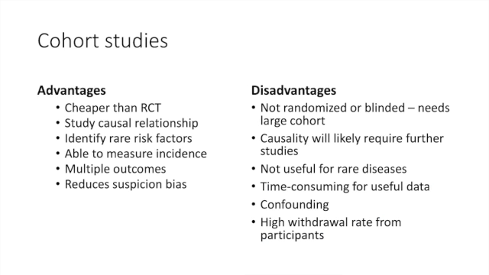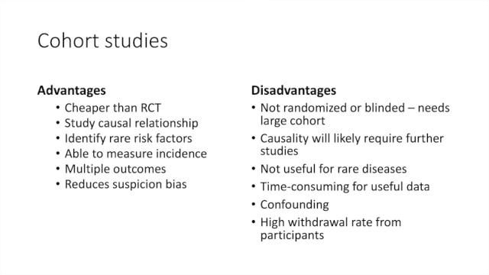Advantage of this, it's cheap. Cheaper than an RCT. It can start to study causal relationships as well, and it can start to identify rare risk factors, especially if you've got a large cohort of people. You can start to measure incidence from it, okay, and you will pull out multiple outcomes. So think about, you want to measure, say, prevalence of heart disease, hypertension, diabetes, and even death in a group. You can cover all of that in one, and because you're keeping the same group over time, you're reducing selection